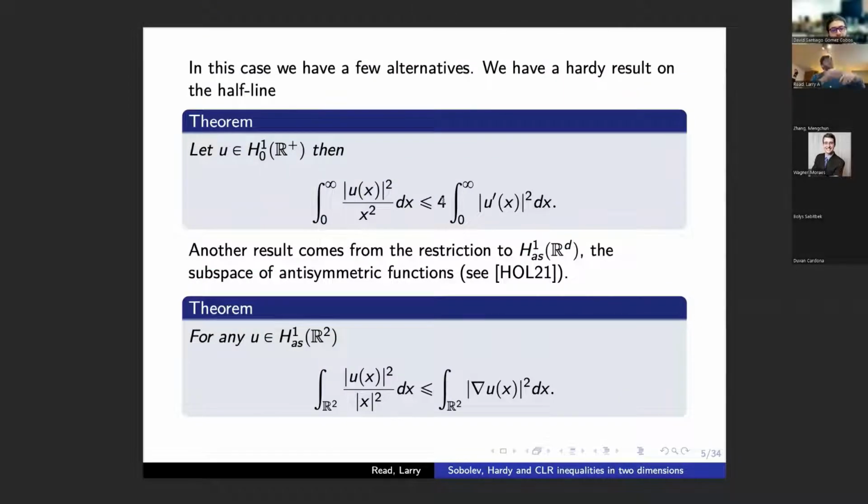And so we have that, and of course we could generalize it onto the half plane just by considering functions in H^1_0 on the positive half plane. Then another result, again a bit more trivial, is the case of antisymmetric functions on R^2. In that case, we have Hardy inequalities by standard results, but I think there's a nice paper of Ostenhof and Laptev that goes over some of the sharp constants. And we have this Hardy inequality here with constant equal to 1.